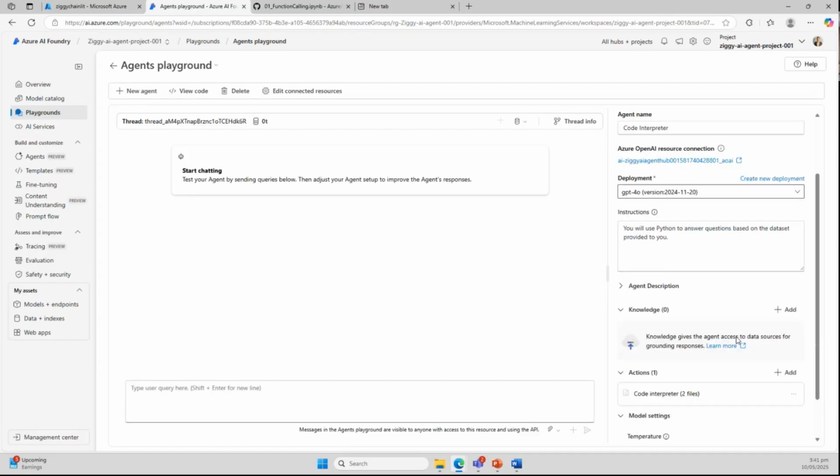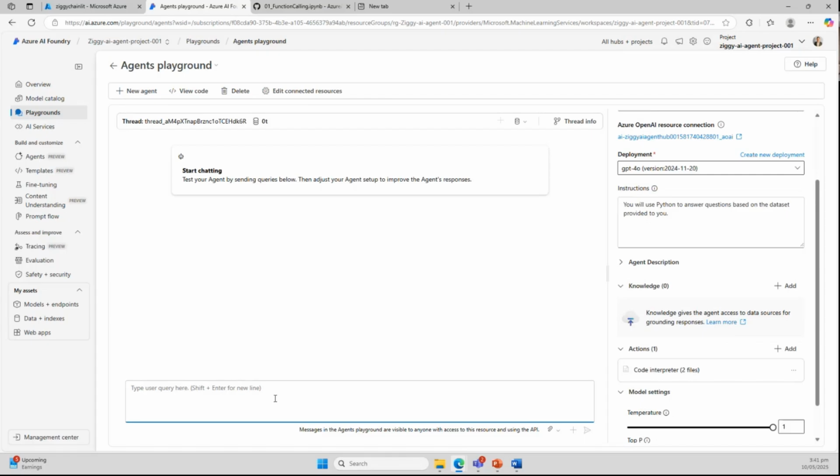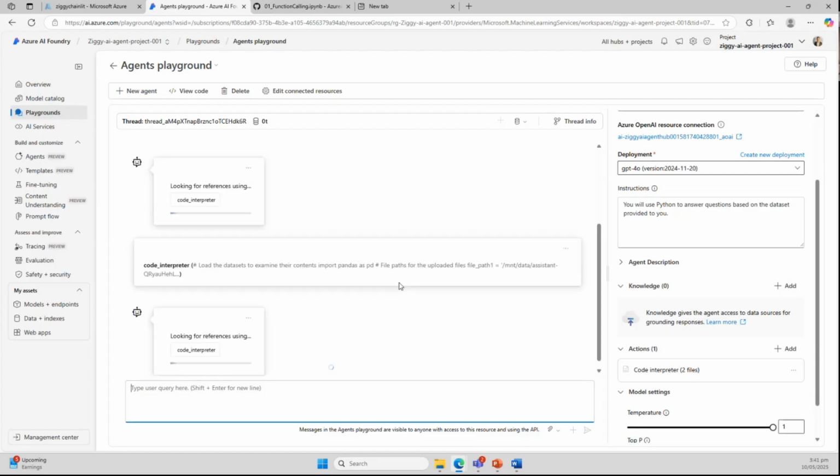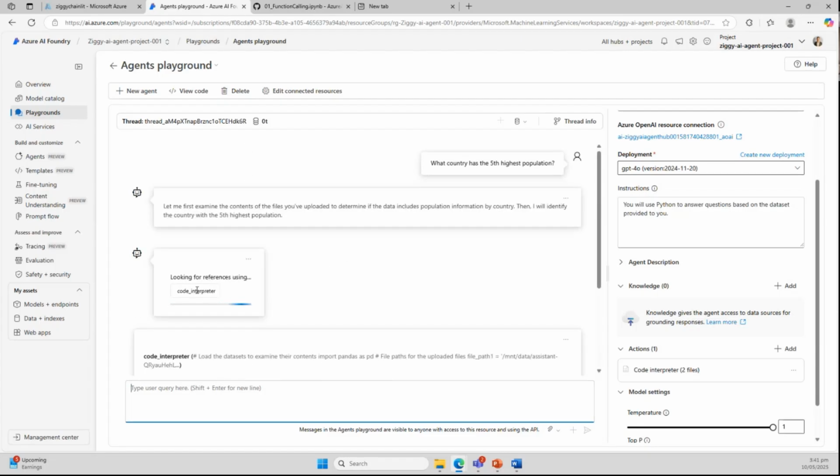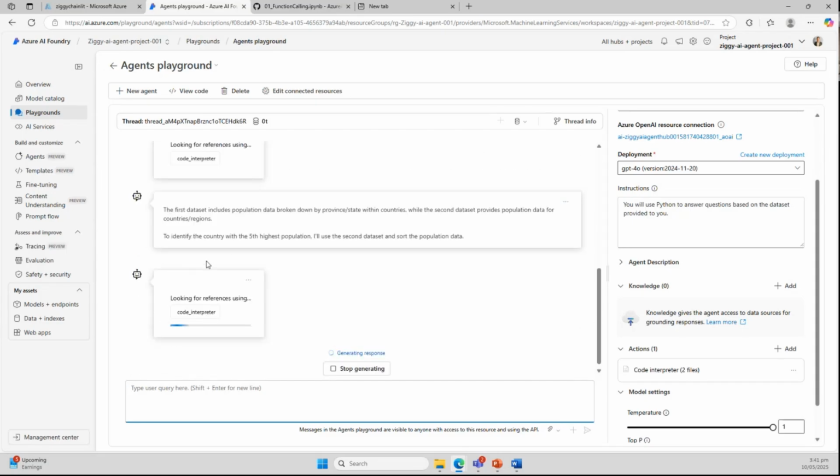So in this case, what country has, let's say, the 5th highest population? Now it will look for all the information. Here you can see your code interpreter looking for reference using code interpreter.